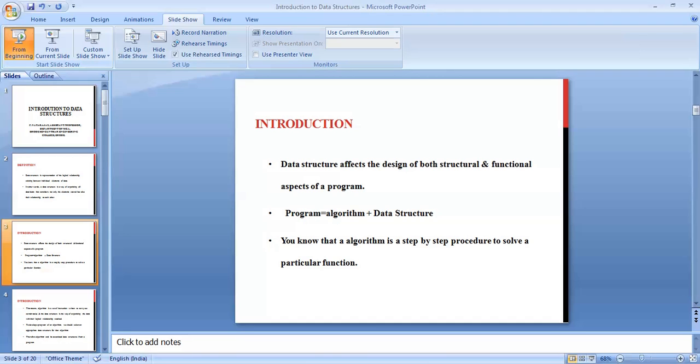Students, it's nothing but the data types we normally use in C and all the other languages: integer, float, double, character, string, pointer. These are all called primitive data structures. That's all. No need to worry about this particular topic, we are already familiar with it. In the next slide, we concentrate on the non-primitive